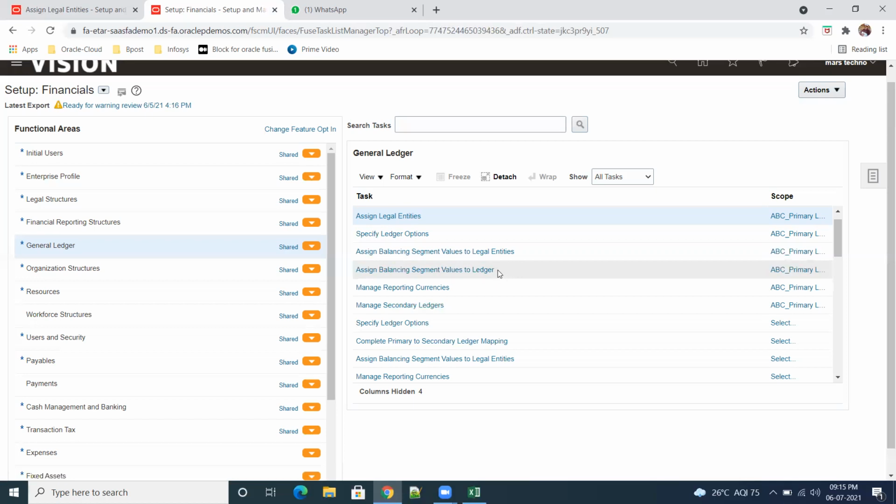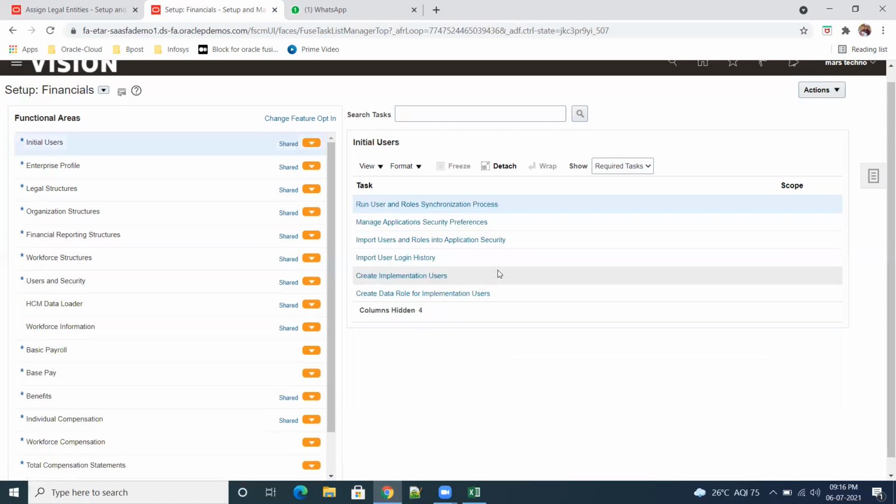So that is the reason Oracle always recommends you define your segments legal entity wise. You should not define your balancing segments ledger wise. If your ledger has only a single legal entity, then that's fine. If your ledger contains more than one legal entity, you have to follow best practices. You create your balancing segments for the legal entities, not for the ledger.